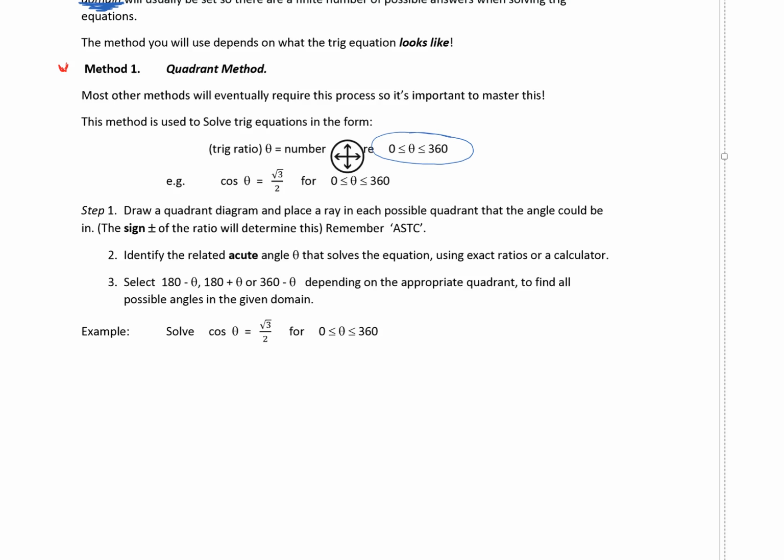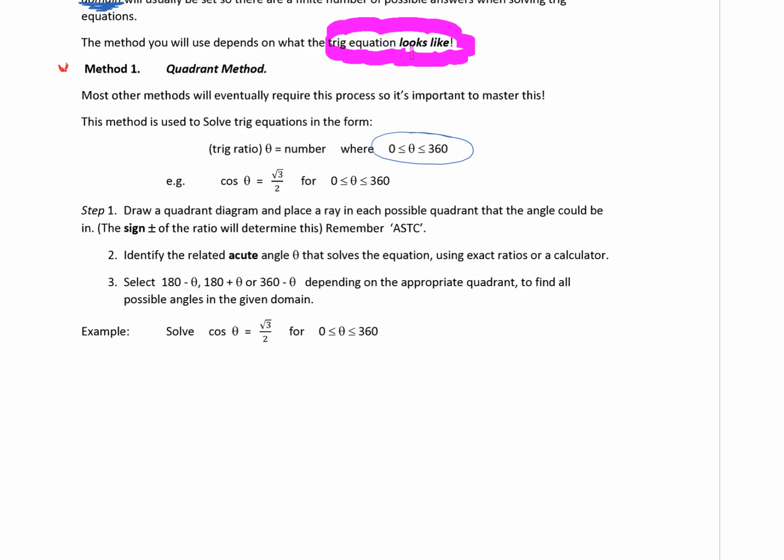So if you scroll through, you'll see that there are, I think, about 5 different methods. And the really important thing for you, once you've worked through what the 5 methods are, is to then decide, well, how will I know which method to use? And the answer to that is you'll know what method to use depending on what the equation looks like. So not only as you go through these examples and do the questions from the textbook are you focusing on mastering the method, but you've also got to